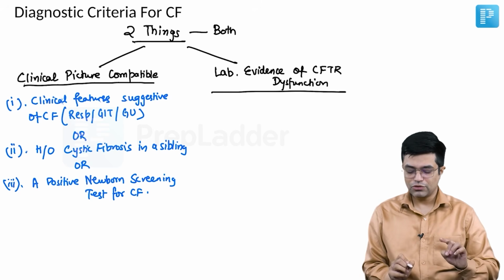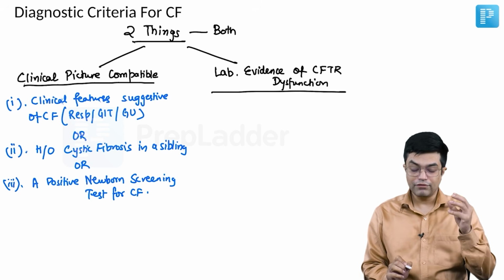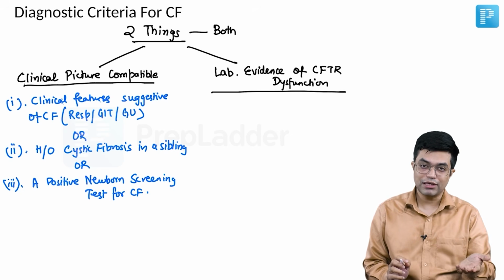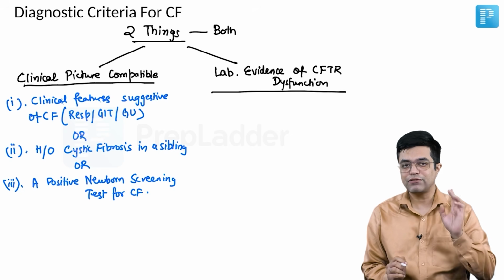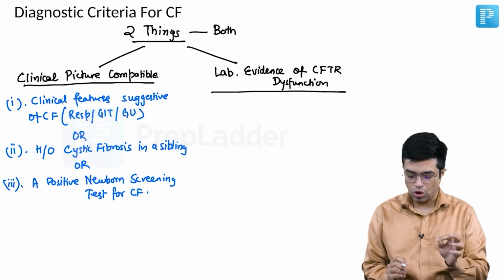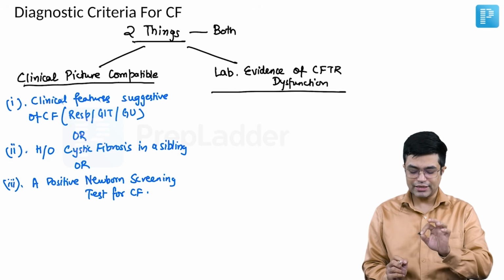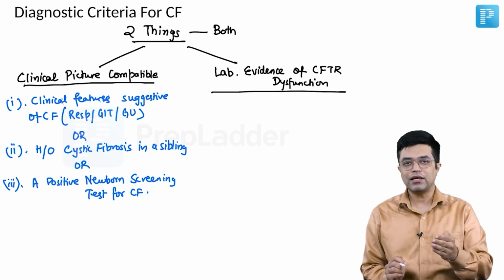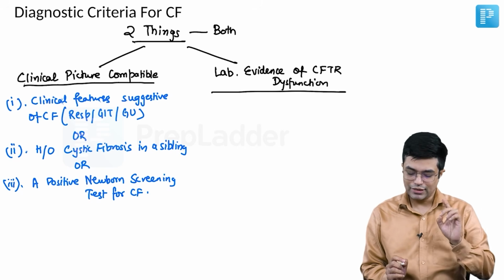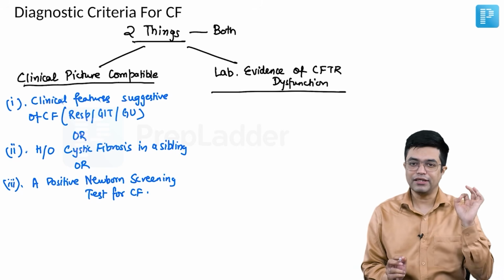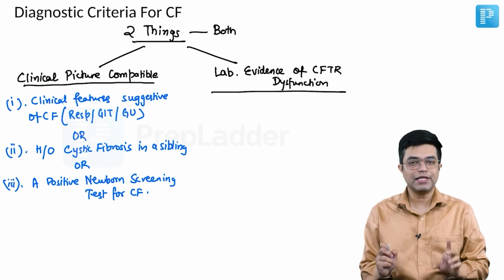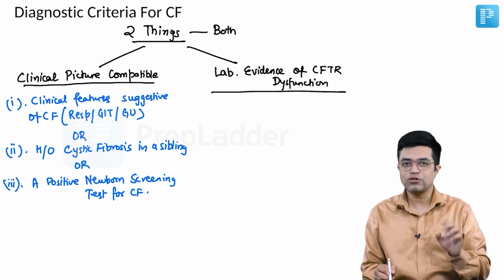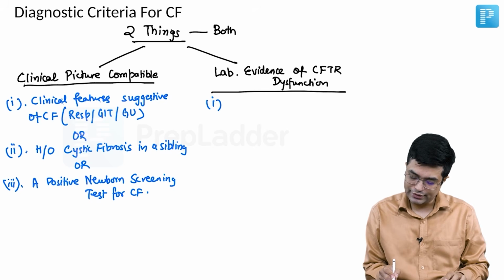So any one out of these three, either clinical features the patient himself or herself is having of cystic fibrosis, or there is a history of proven cystic fibrosis in one of the siblings, or there is a positive newborn screening test for cystic fibrosis. Any one out of these factors, if it is present, that is one essential criteria fulfilled. Plus, on the other hand, there should be something out of lab evidence of CFTR dysfunction. So here also we have three criteria. Either there should be